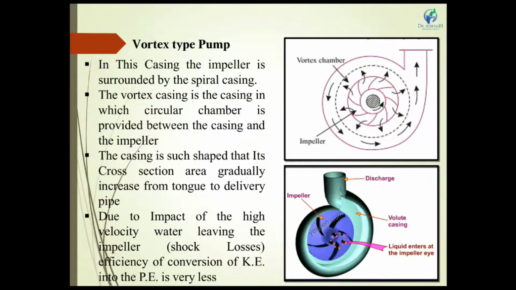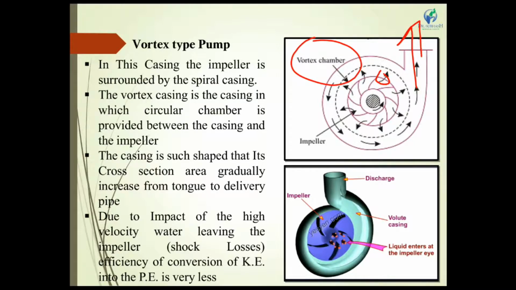Due to the impact of high velocity water leaving the impeller. This arrow mentions that there is a higher velocity that leaves the impeller. At this time the vortex chamber converts kinetic energy into potential energy, and then after this, potential and pressurized water comes out from the